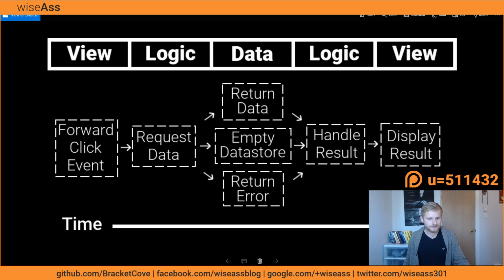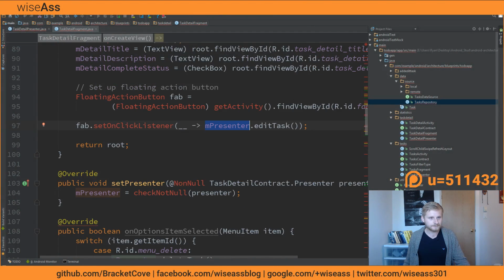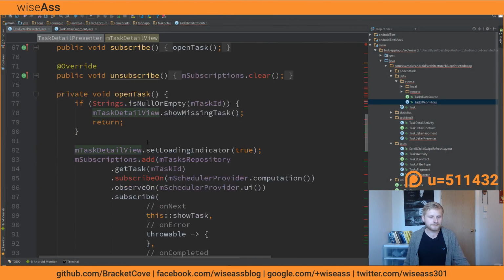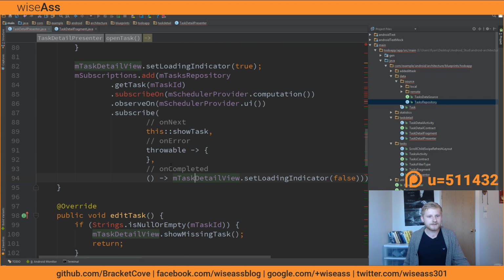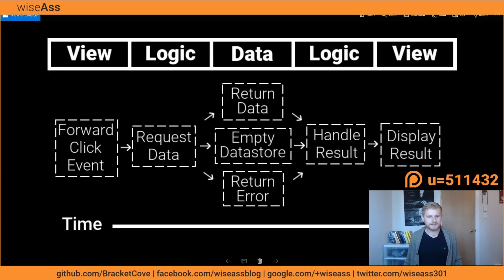If I go back to the code, and then to the presenter, there are different things that can happen. Again, we've got lambdas in here, so it makes it hard to read, but essentially we've got on next, which is going to receive, in this case, just a single task. That would be like this response here, return data.